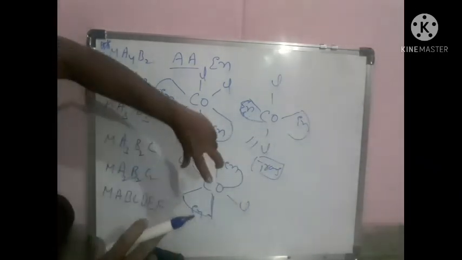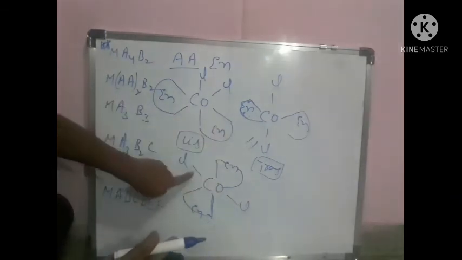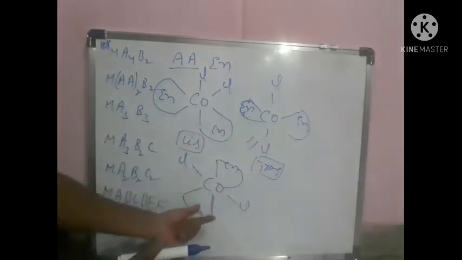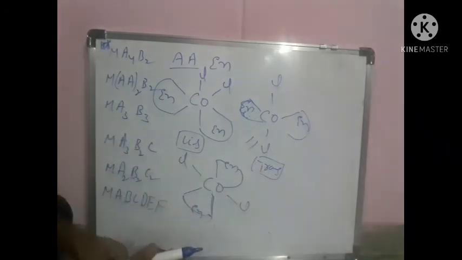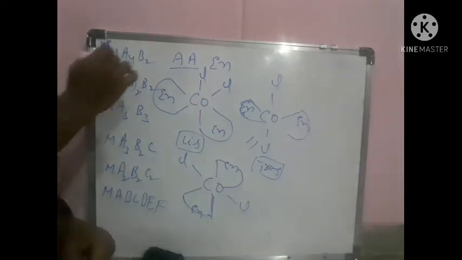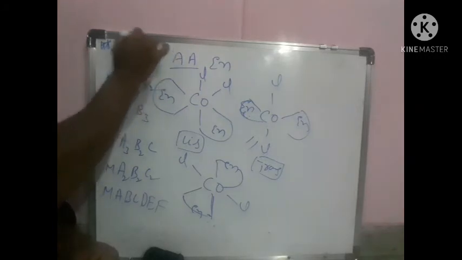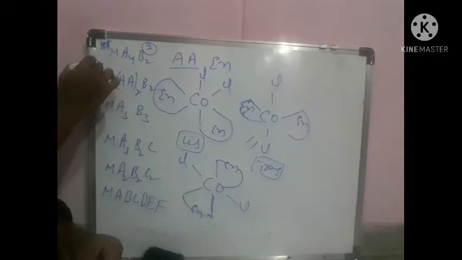So if you observe in a three-dimensional way, the Cl is present in the opposite direction, so it is also equal to this trans isomer, okay. So like that, cis and trans can be identified in MA2B4 and MA2B2. In the first case, two types of trans isomers can be exhibited, and in MA2B2 also, two types of trans isomers can be exhibited.